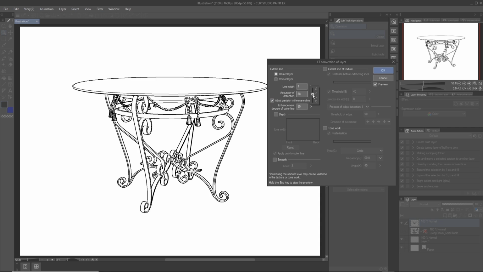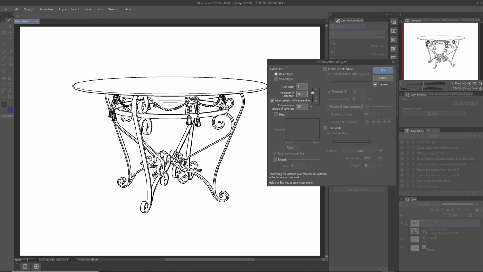The next setting is accuracy of detection, and this allows us to get more or less detail based on the geometry of the object. So I'll just show you an example. If we lower this down to nothing, it looks like that. And the more we bump it up, it's going to try looking for as many edges as possible within the geometry. Sometimes this does create undesirable artifacts, so be careful with using this slider. More isn't always better in this case.